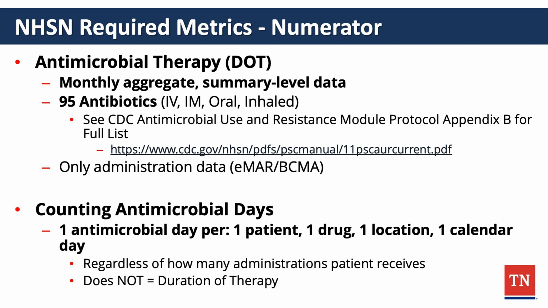So the metric that is used for NHSN reporting, and that's not getting into the standardized antibiotic administration ratio, or the SAR, yet, is the antimicrobial days of therapy as the numerator over some type of denominator. There was a little bit of discussion, we'll say, on the ACCP's IDPRN a few years ago about whether days of therapy is the correct metric for antibiotic use. For better or worse, this is where we have landed, and I'm kind of pro-DOT,